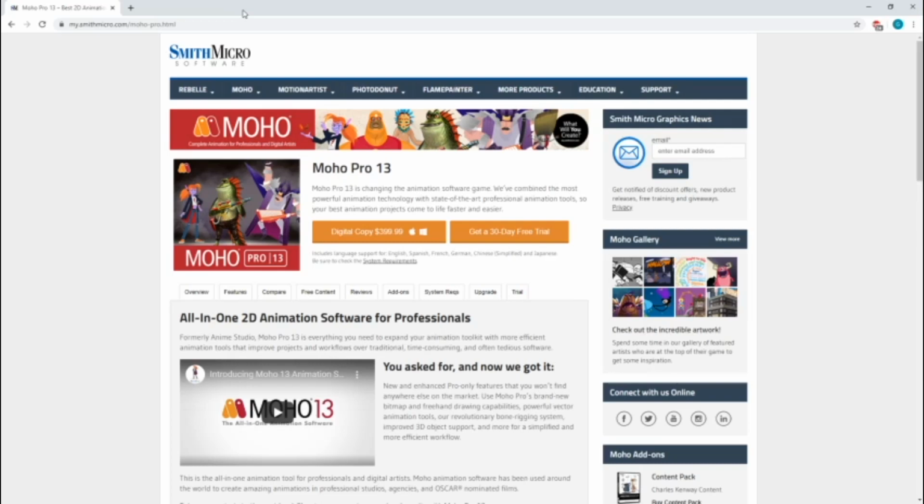But the first thing you're going to need, well, the only thing you're going to need to download on your PC is a program called Moho or Anime Studio. Now, this program used to be called Anime Studio, and then I think they switched the name to Moho. I'm not sure though. But you're gonna want to download that. Now it costs $400, but I'm not telling you how to download Moho. I'm just saying you need it.